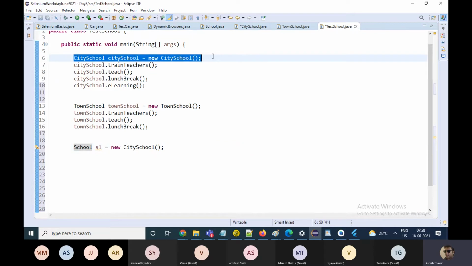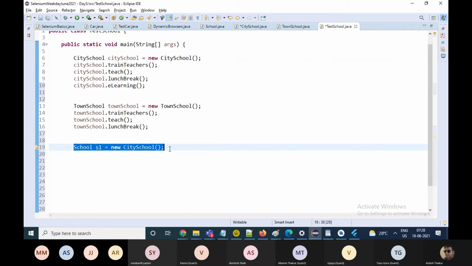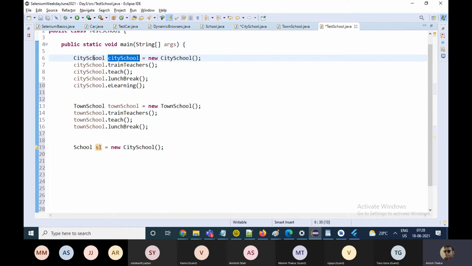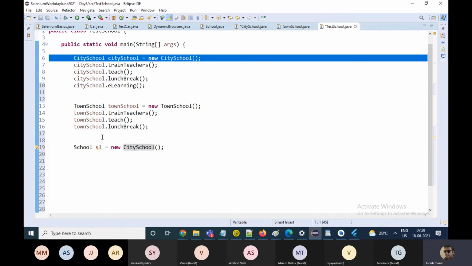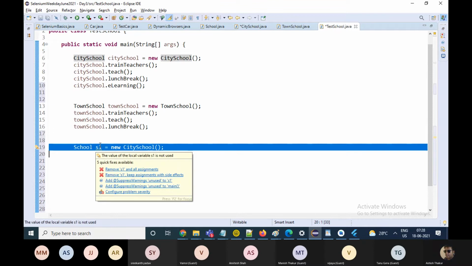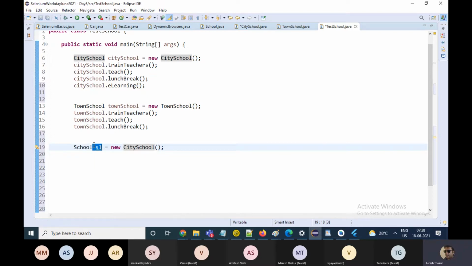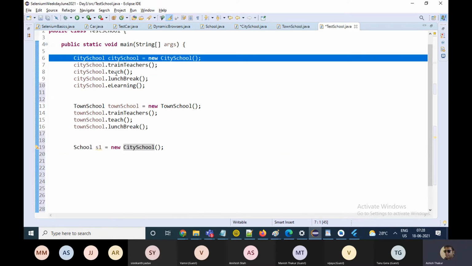So these two lines have a difference. Over here I have the school interface reference. Over here I have the reference of the city school class only. Now if these two lines are different, what is the advantage of the second line and how is it different from the first one?